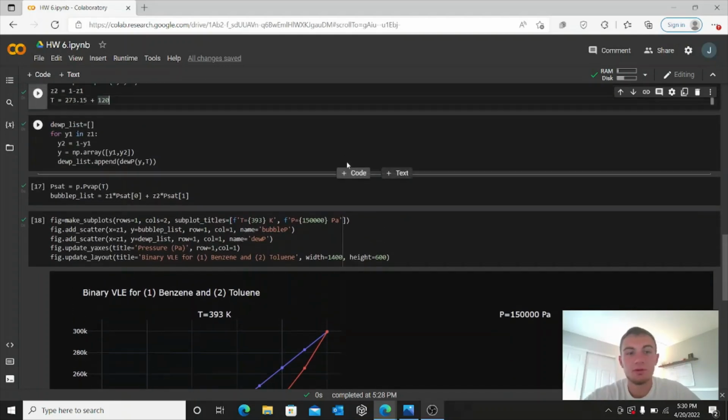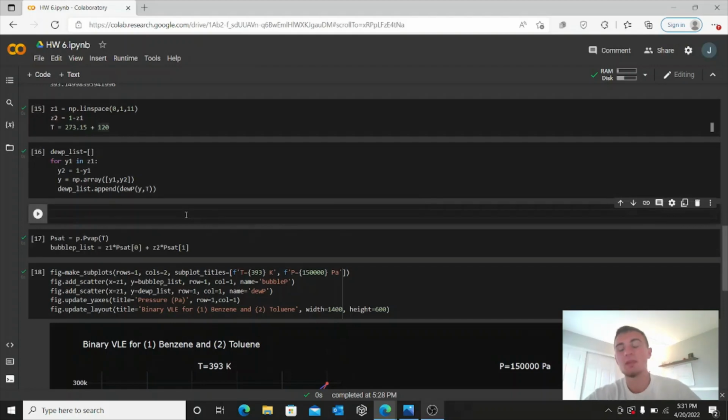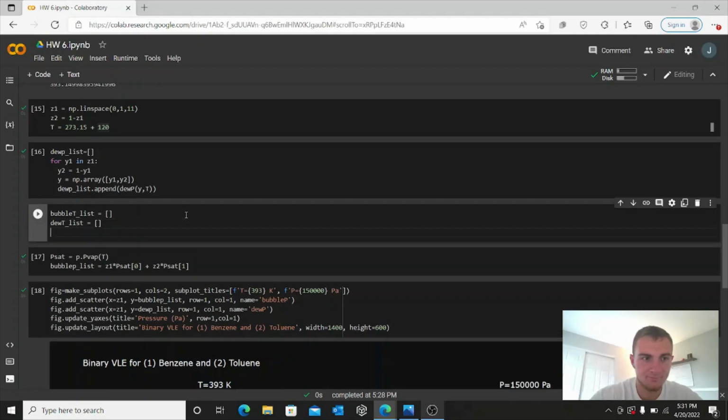So in order to plot it, we're going to do something similar to our dew pressure list. We're going to run our bubble temperature and our dew temperature through a for loop and essentially add the components that we need onto those lists. So let me add a line of code here. We're going to do both of the lists in one for loop. So bubble T list, again creating an empty list, and we'll have dew T list, again an empty list,